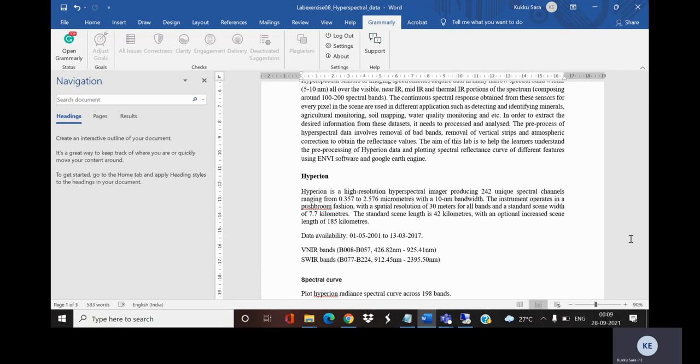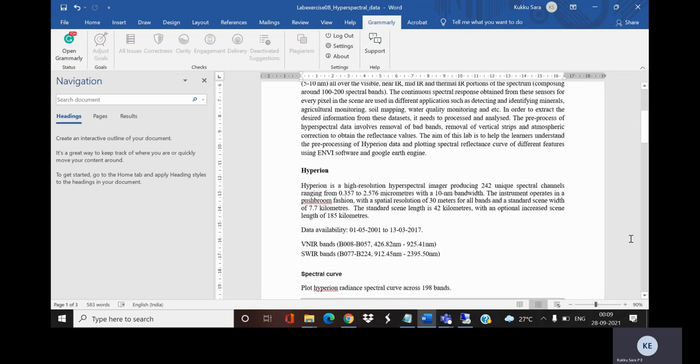It has a push broom sensor with a spatial resolution of 30 meter, and it acquires data every 16 days. The data is available from 2001 to 2017.